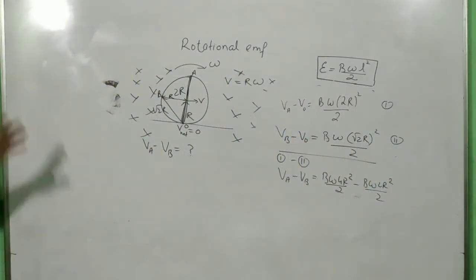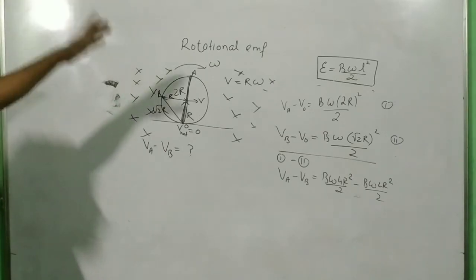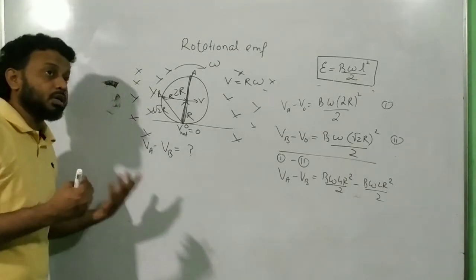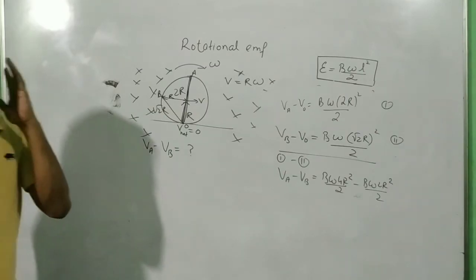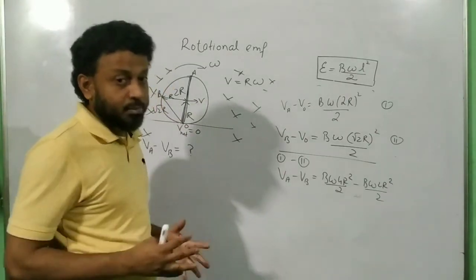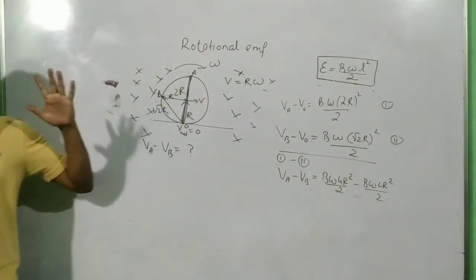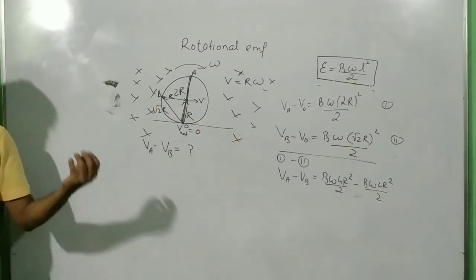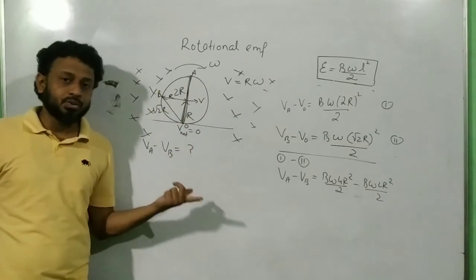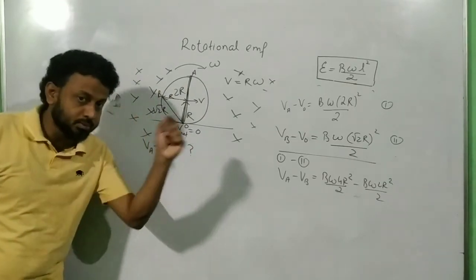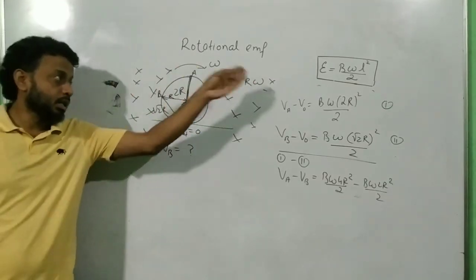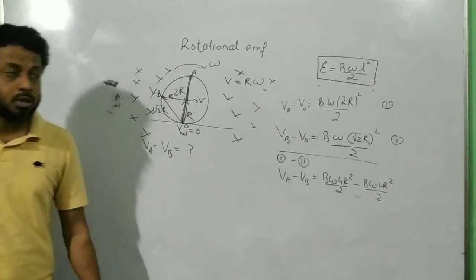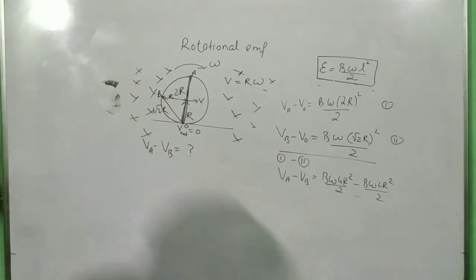Whenever a disc or ring is rotating in a magnetic field, and they are asking you for the potential difference, remember the area you have to think about is that of rotational EMF, and you have to look for a point which is fixed. The moment you locate the fixed point, your radius starts from that point, and then use the formula B omega L square by 2. So this is about rotational mechanics.